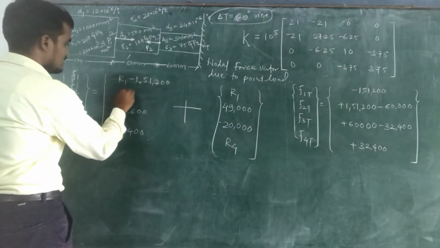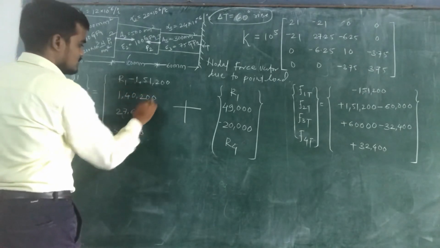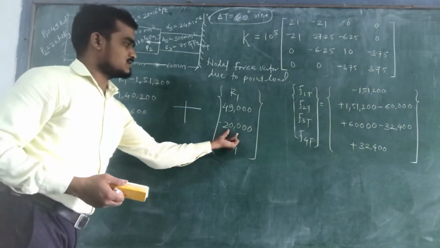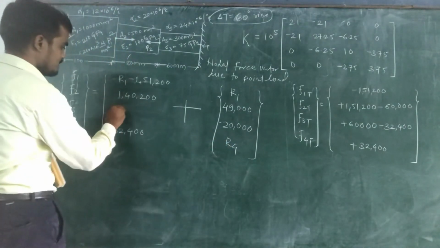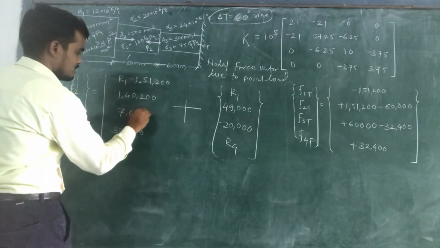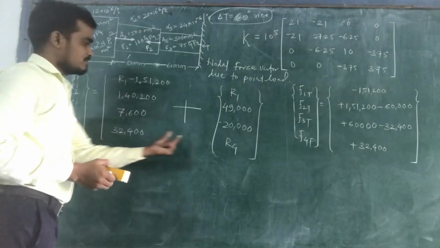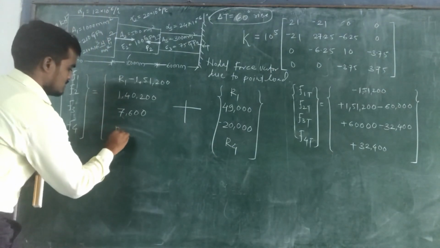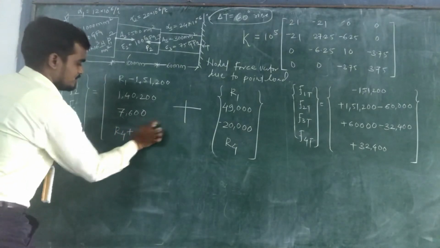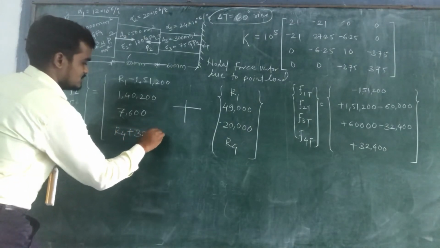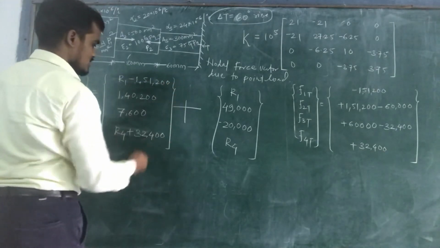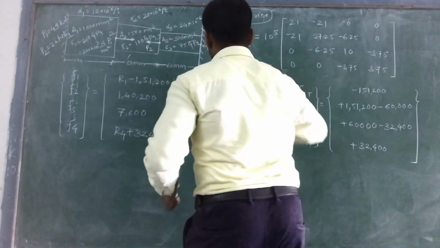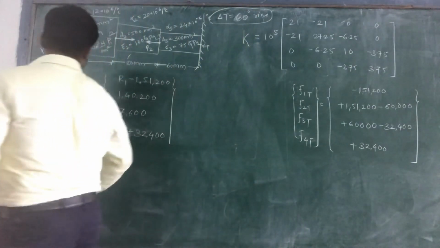This will become 1,40,200. 27,600 minus 20,000 will become 7,600. 32,400 plus R4 means it will become R4 plus 32,400. Okay, so in this way you will get the final global force vector due to temperature as well as